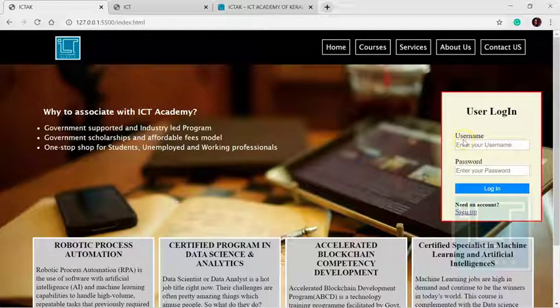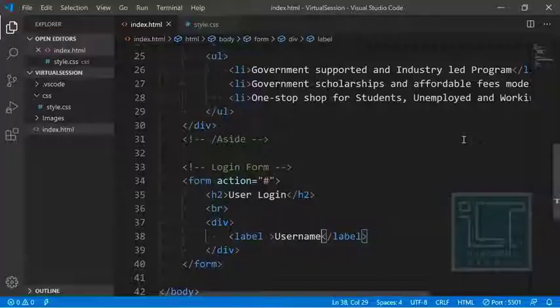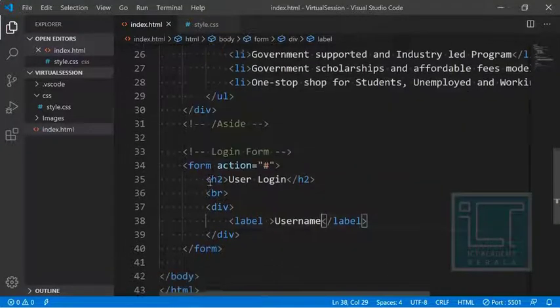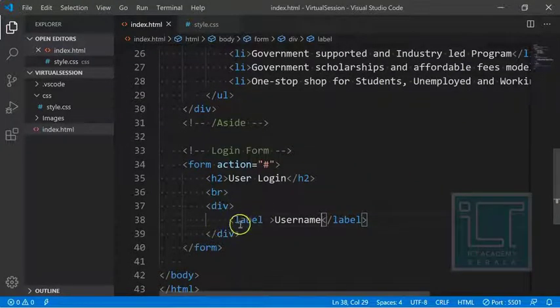Even when you open up Facebook, you will see a login page where you have a provision for entering your username and password and just clicking on the login button. So basically all login pages that you see in every website like Gmail, Facebook, Instagram are usually created using the HTML tag called form, and also with the help of a label.